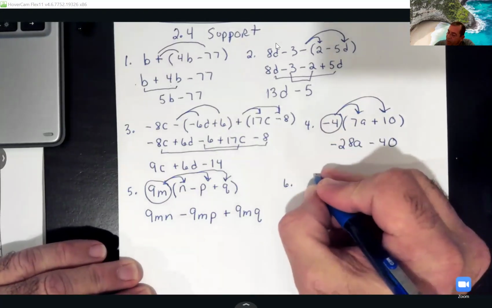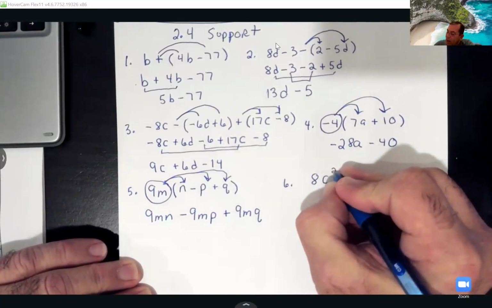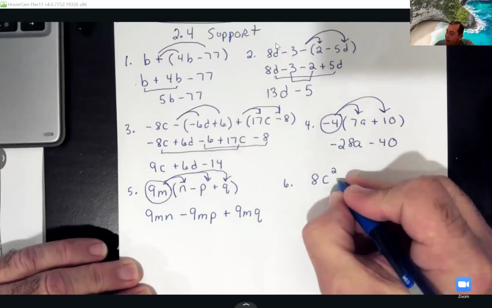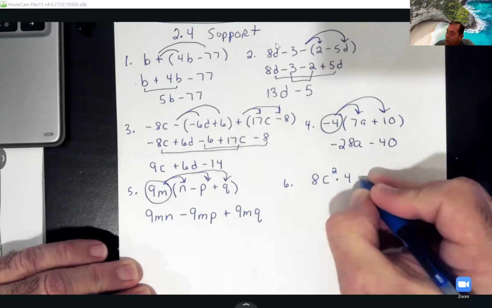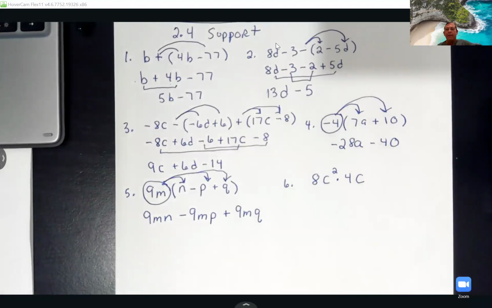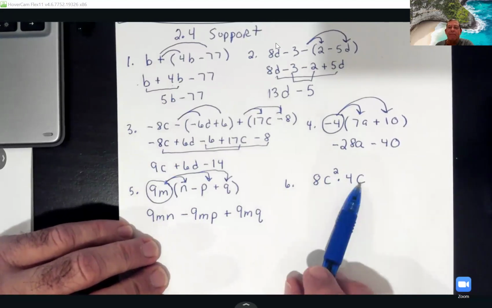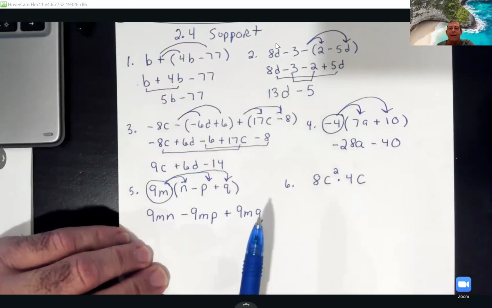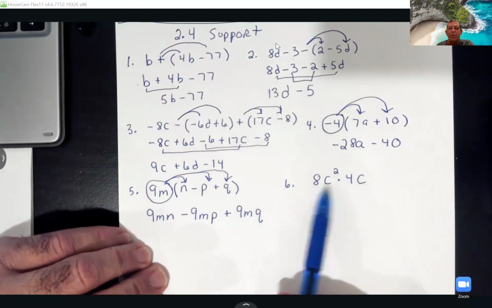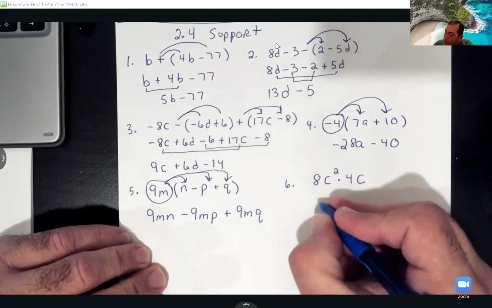On this one is multiplication. 8c squared times 4c. So what kind of answer is this going to give me? First of all, you're going to multiply that 8 times that 4. And let's see, 8 times 4, that's going to give us